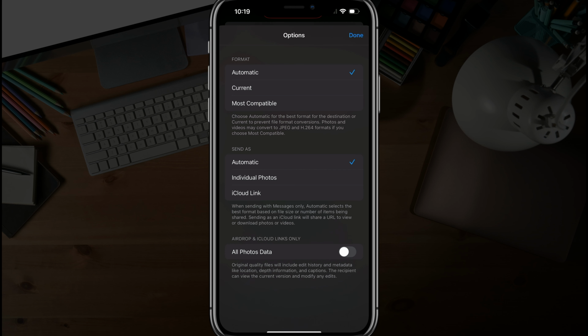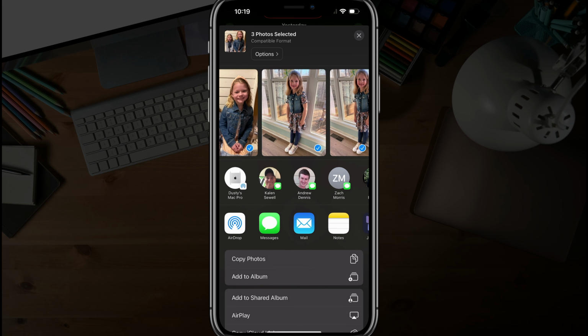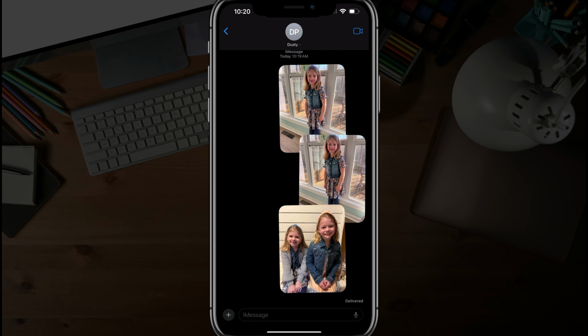But back here, when we're sending the images underneath options, we can go to most compatible. We can tap into most compatible. Now, when we do that, go ahead and tap done there. So now if I send those images to myself through text message or however you're sending or sharing the photos,